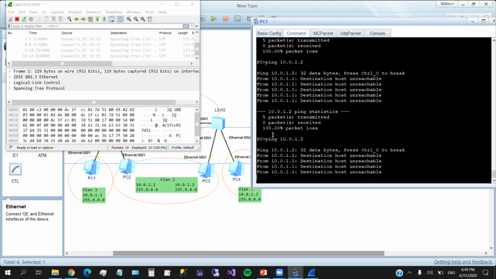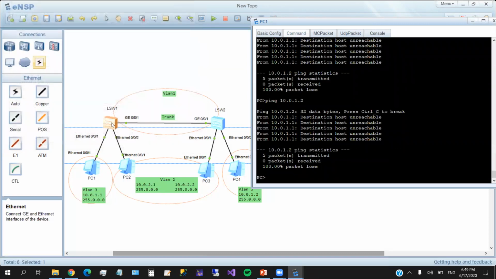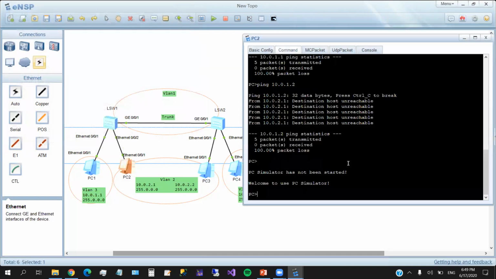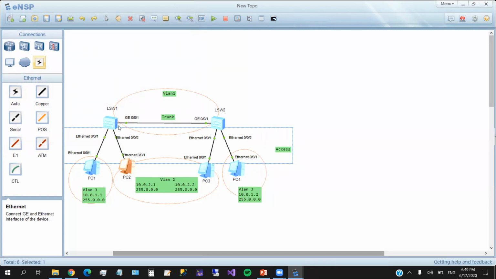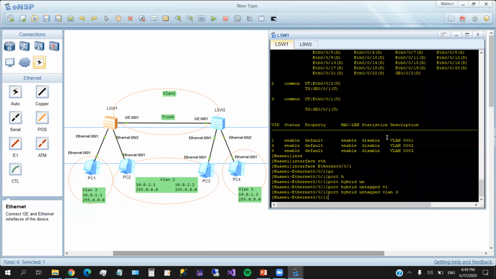Okay, so the packets are already dropped here inside this switch. So what if we ping 22? Also the same thing. So it seems that we configure these ports wrongly. Okay, what we have done here,